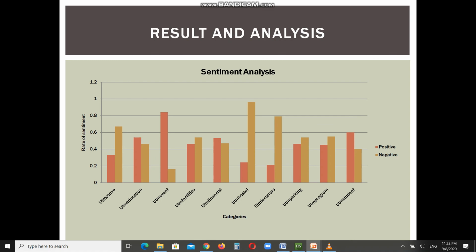As you can see, the highest positive comment goes to UTM events and the highest negative comments goes to UTM hostel, and then the lowest positive comments goes to UTM lecturers, and the lowest negative comments goes to UTM events as well. So from here we can analyze how many positive comments and negative comments there are for each category.